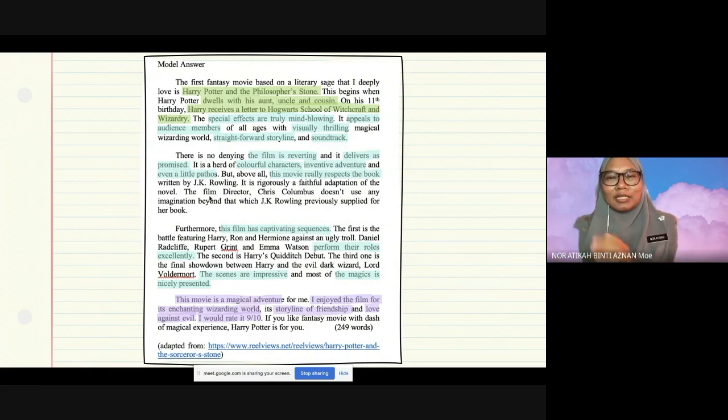So because I read the books and I watch the movie, writing this review takes so much effort and so much time, because I want to make sure that it delivers what is needed. You have to make sure that you explain why it is fantastic. You have to talk about the setting of the movie first, and then simply put what the movie is about.